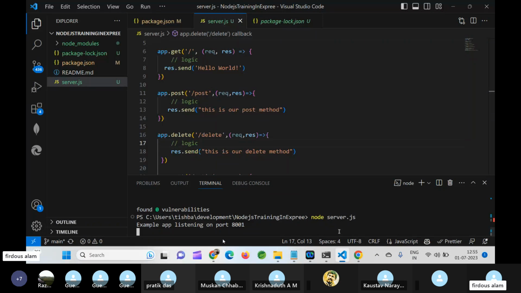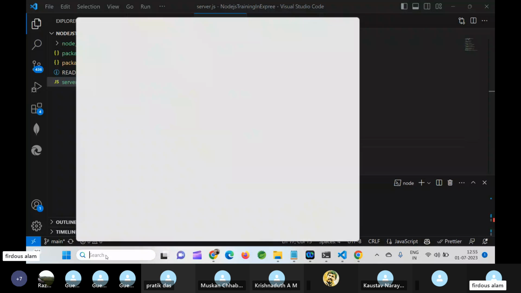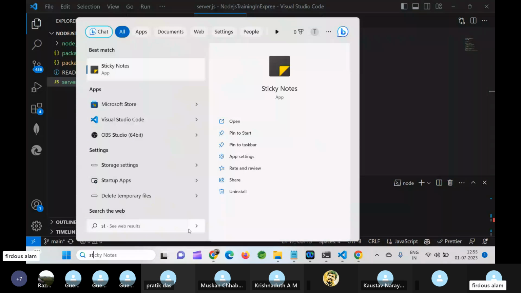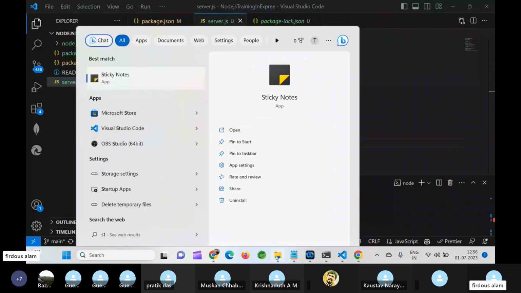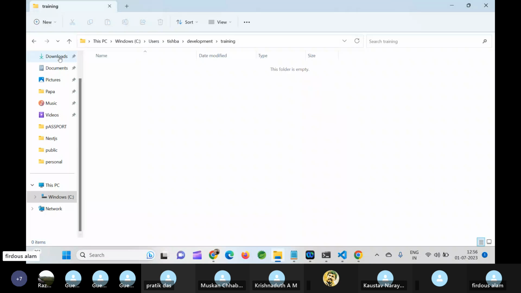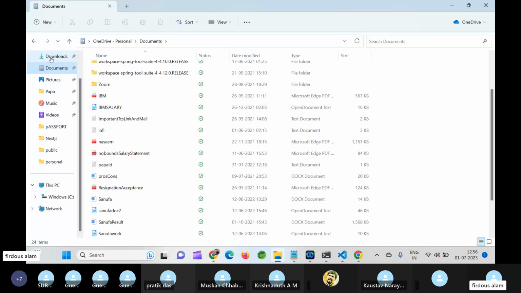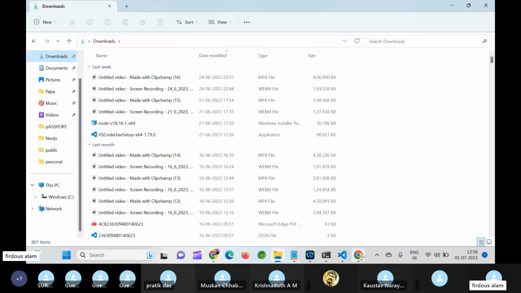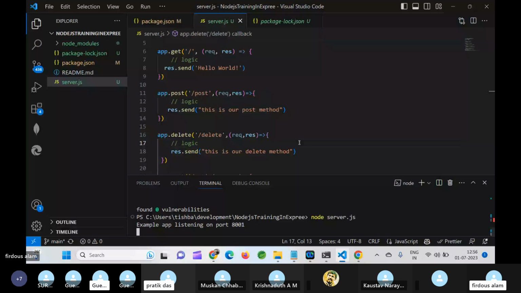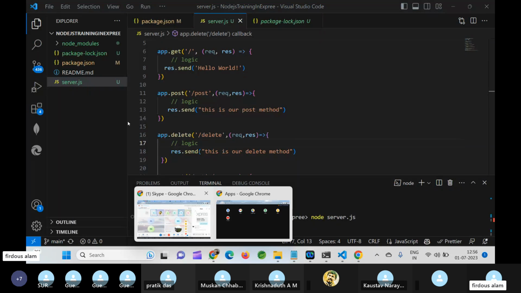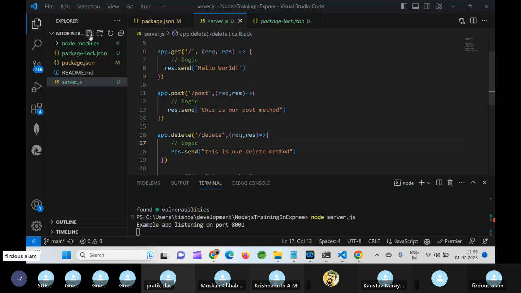I think I have some problem with my Postman, I have to install it. Can any one of you who has Postman just hit this? Yes, sir, I have it. Or what else can I do?